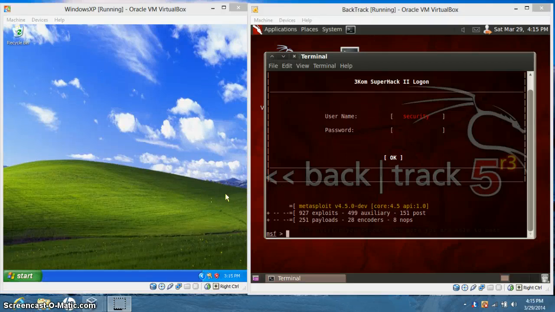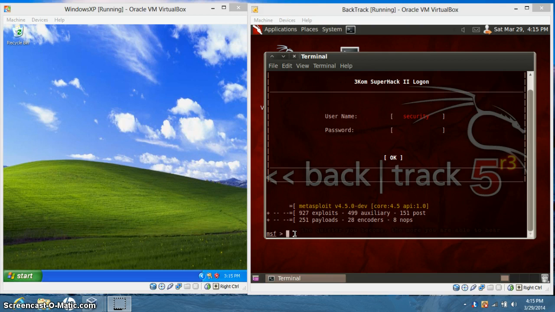I am going to be demonstrating Lab 5, which is maintaining access with the use of rootkits, and also getting back into the access using backdoors. In this lab we're going to be using Hacker Defender as well as Netcat. To begin, we want to get access to our victim XP machine using Metasploit, as we